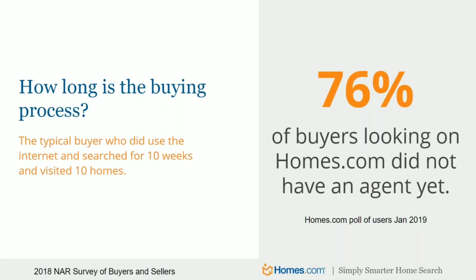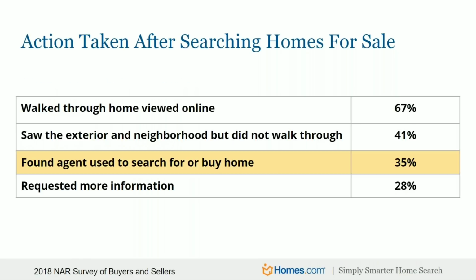But the interesting stat here is this, and when you want to get in front of where the buyers are going, 76% of buyers that were looking on homes.com were not yet committed to an agent. So when we think about these numbers, it's 68% are going to connect with the first agent they talk to and work with them. On a site like homes.com, 3/4 of the buyers are not yet committed to an agent. So 3 out of every 4 are fair game for agents to generate lead activity from. So there's huge lead generating opportunities right from there. So it's important to remember those stats.